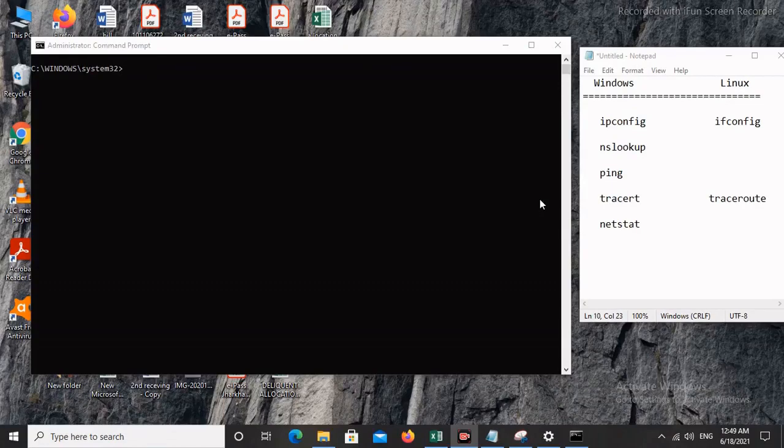Today we are going to learn about some basic network related commands. These commands can be useful for Windows as well as Linux environments. So we will start with Windows environment. So first command is